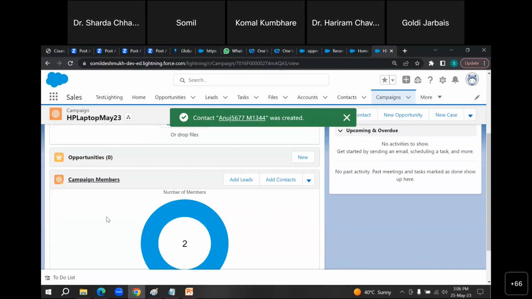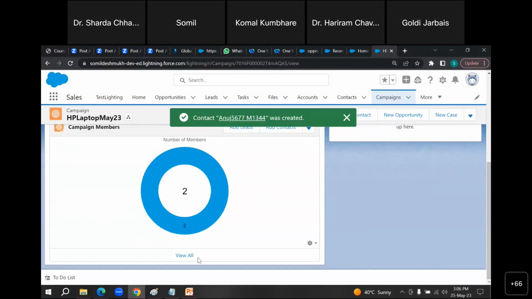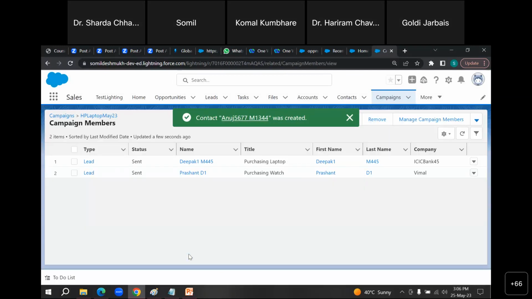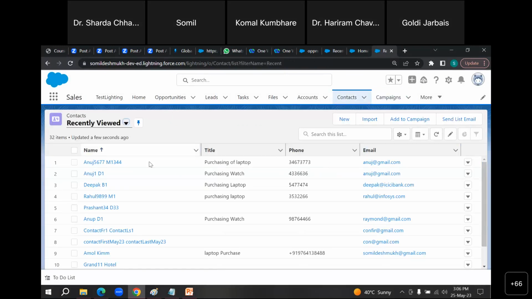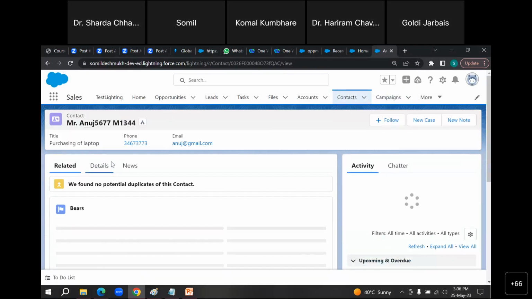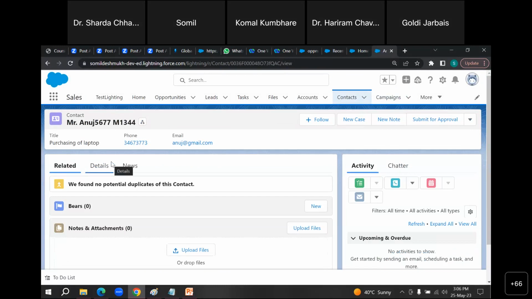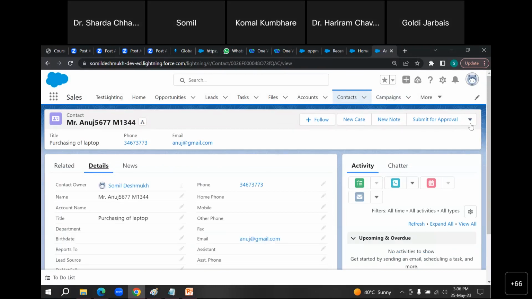So what will happen in the campaign member? You can see in the contact, you have created one contact. That contact is already here, and you can edit it or do anything from here.